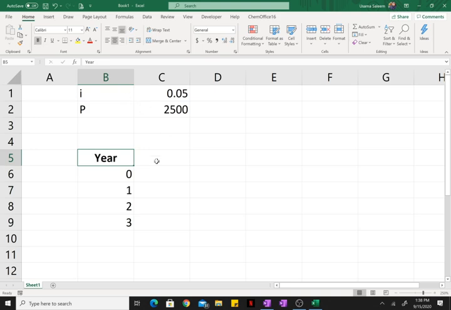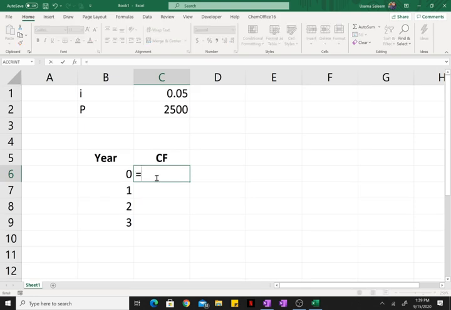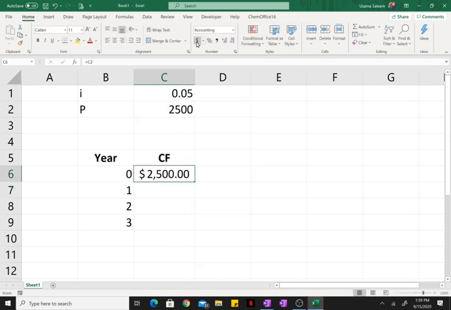And in the next column I'm going to have the respective cash flow. At year 0 there is a positive cash flow of 2500,